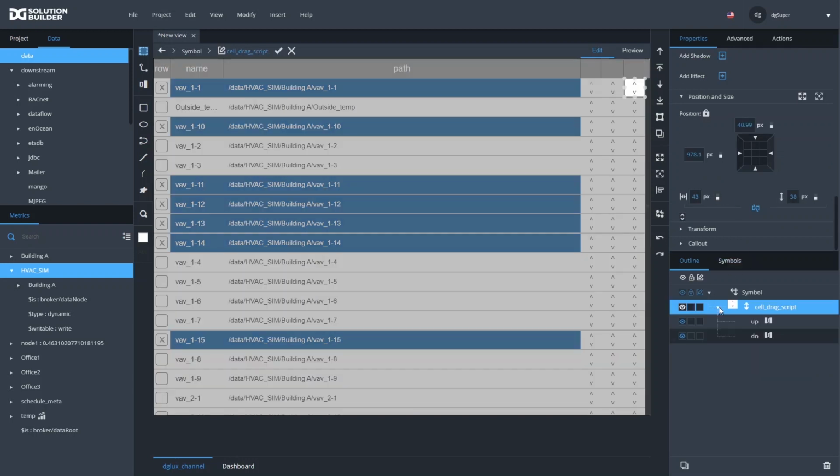Okay, so if we dissect what this should look like, right? Any row can be grabbable, but it also has to be a target. And not a single target, but you should be able to drop it above or below. So it has to have two targets, right? So this little symbol has to have two targets, upper half and lower half, so that when you're